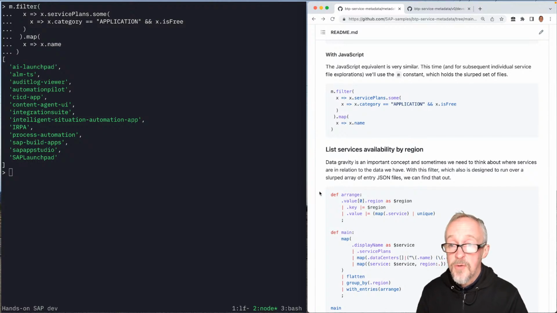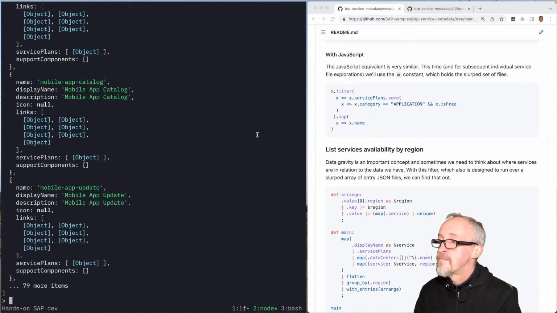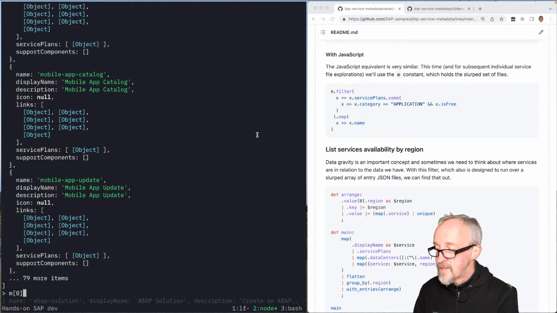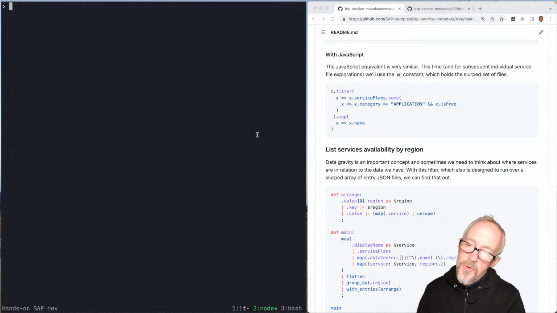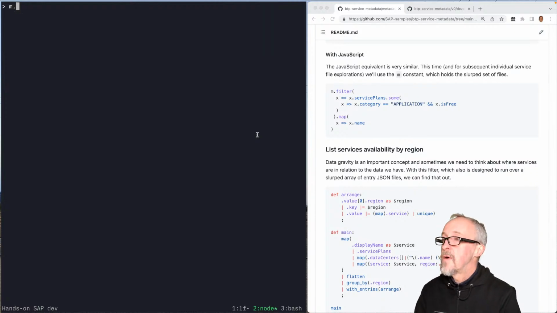Okay, so what we're doing here, we've got M, right? And we can say M dot, let's take the first one, the ABAP solution. Service plans dot length. How many service plans? We've got one service plan. In fact, I'm just looking for a resource that's got more than one service plan. So we could say m.map